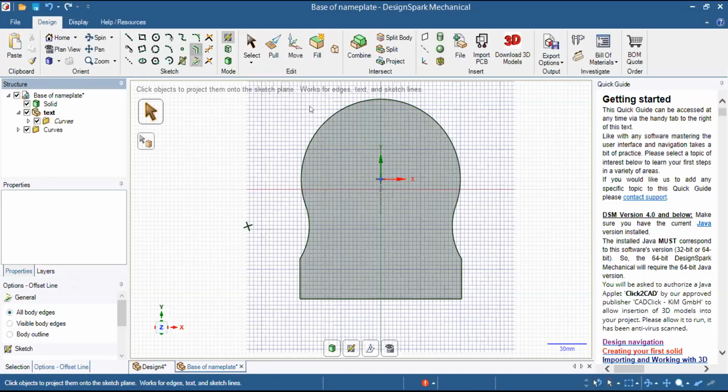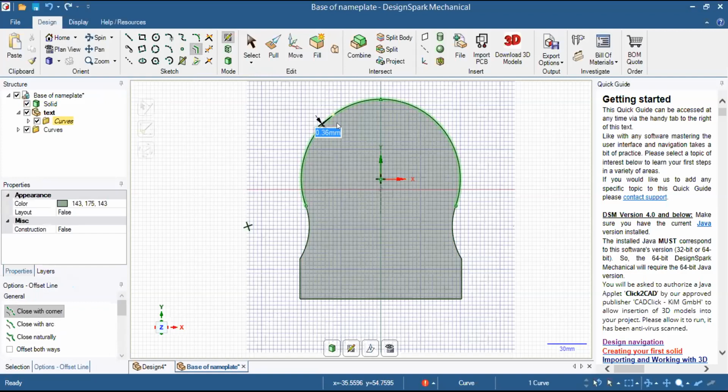So I am taking offset and I am taking it for 3 mm as we had earlier. Again selecting this to 3 mm. Now selecting this curve, typing 3 mm, selecting the lower line with 3 mm, and then from this side.